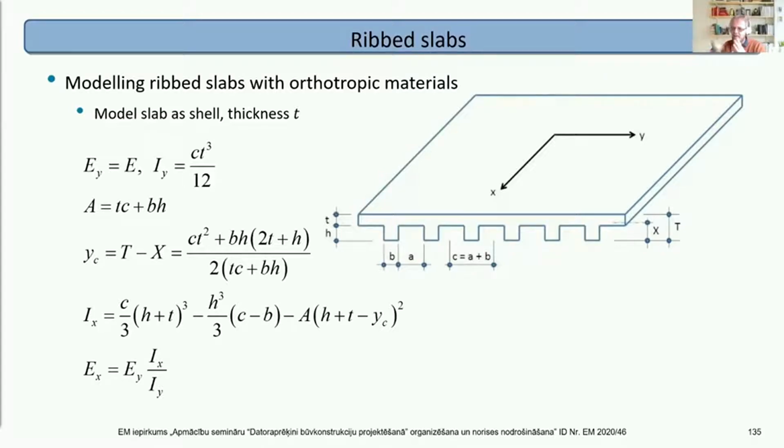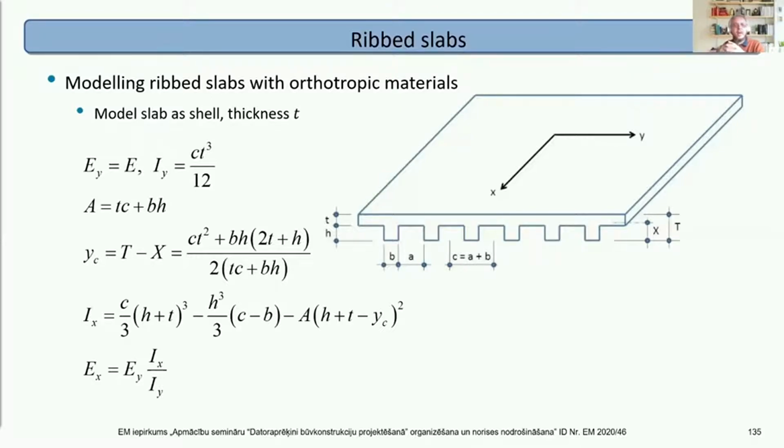So see in the diagram there, there's the rib slab. The main top thickness is lowercase t. And we say, right, we're going to use shell elements throughout with that thickness, and that gives us our stiffness in the y direction. But in the x direction,